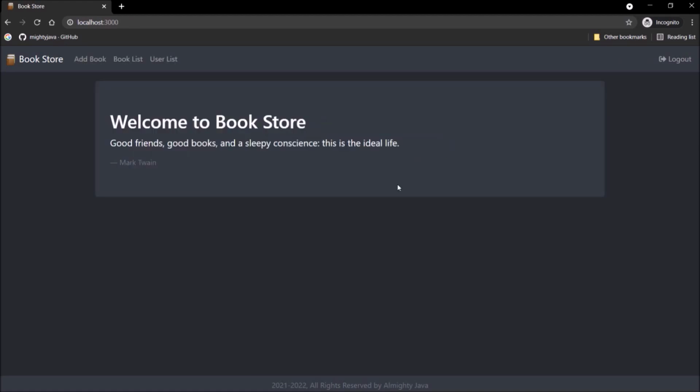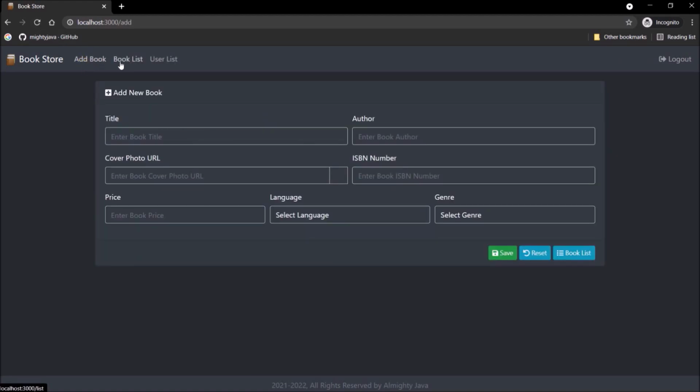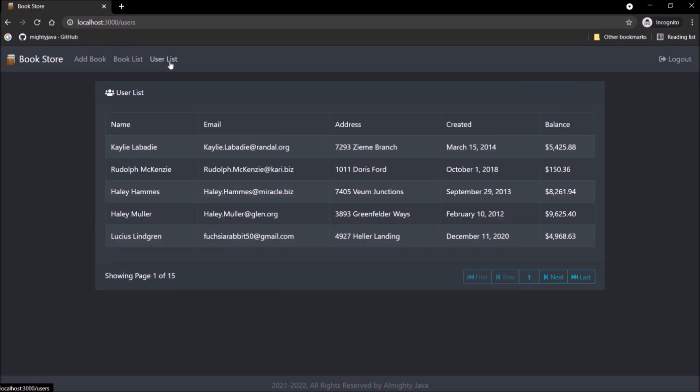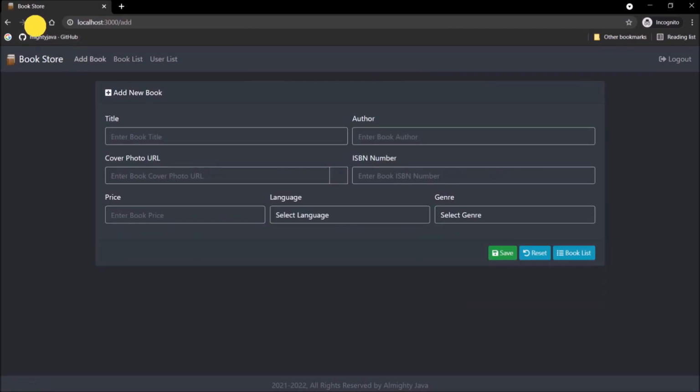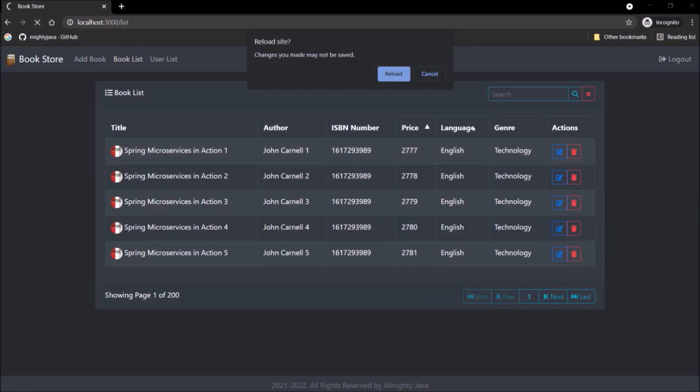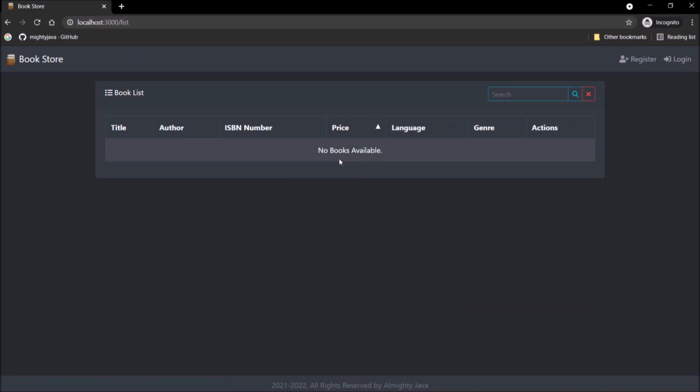Let's check the confirm alert for restricted pages is coming or not. Here I am on the user list page. Let's refresh this page. See, it is asking for reload. Click on cancel. See, no page refresh. Perform similar action from the book list. See, here also is working as same. So basically, if you cancel, it won't refresh the page. But what if we click on reload? So again, behavior is same, but at least before refresh, it is asking for the permission.